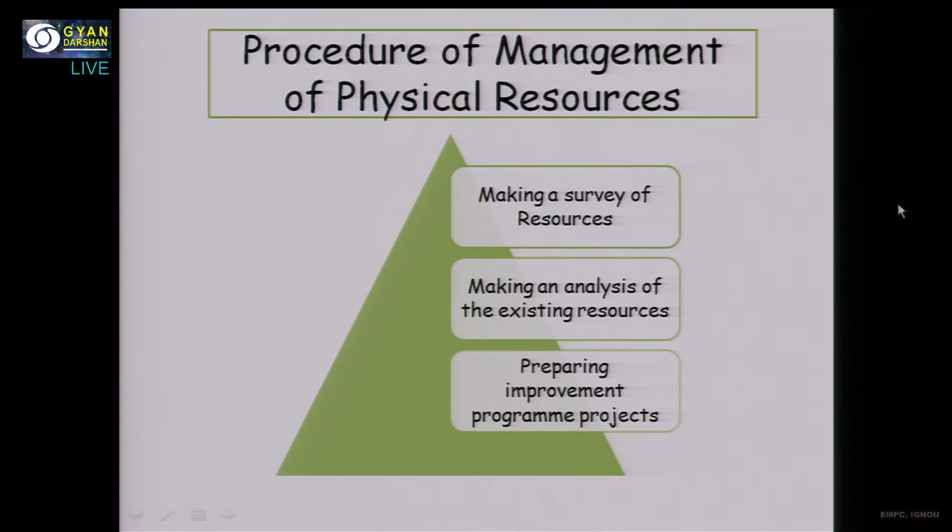So we have seen the principles of physical resources. Then we have seen the way we manage the resources. Then the procedure of management of physical resources. When we think of the procedure, we can state that there are three procedures that a head teacher has to follow. The first one, making a survey of